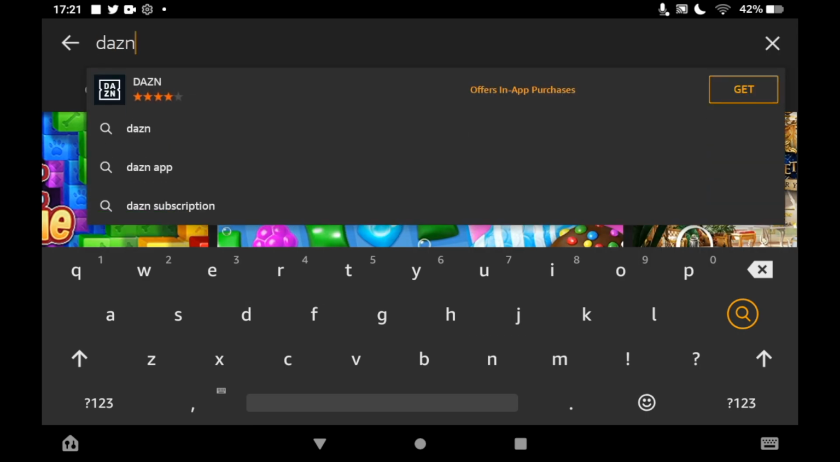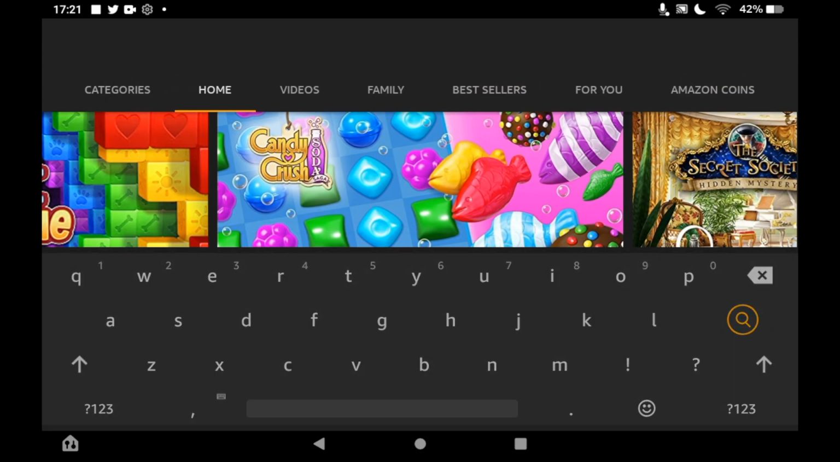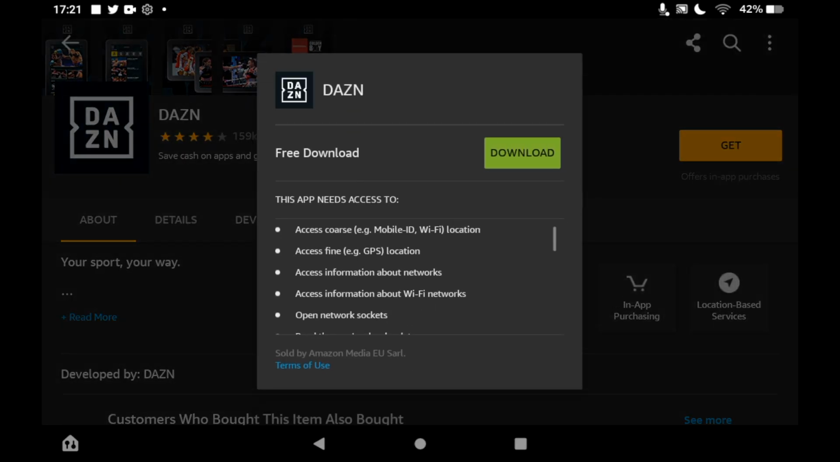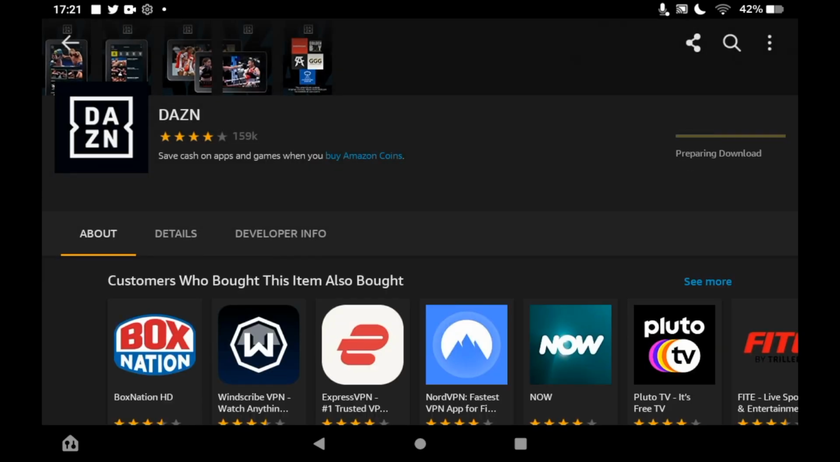Then you should see the logo there. You can just click on that. Then you want to click on Get on the right hand side of the page. Then you'll want to click Download where you see the little free download pop up in the middle of the screen. Once you've clicked the green download button, it should take a few seconds or a few minutes depending on